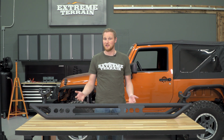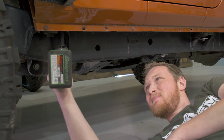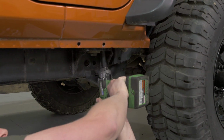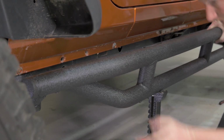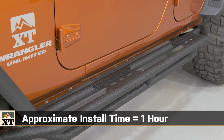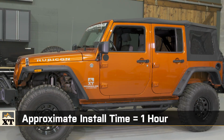The installation process is pretty straightforward. You'll remove 2 bolts from each of the body mounts on the front and the rear of the Jeep, put the step in place, and replace the bolts. That's all there is to it. You won't need any specialty tools at all, just a regular socket set, and the whole process shouldn't take you